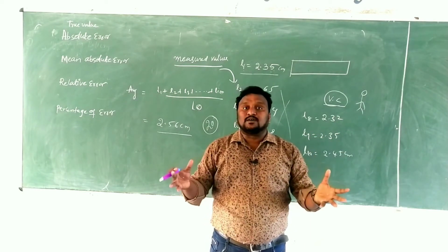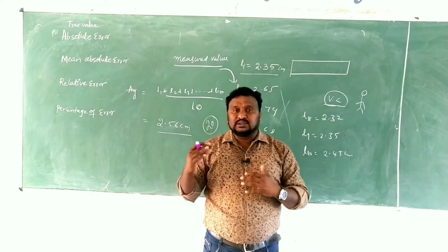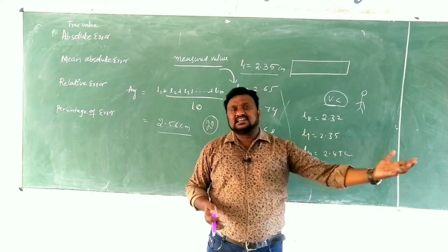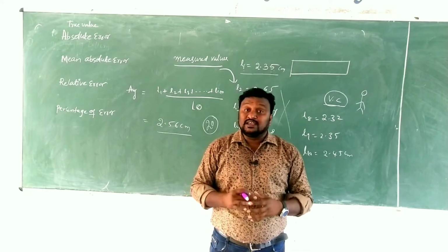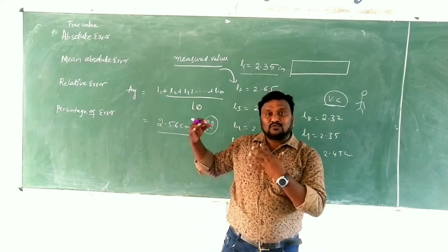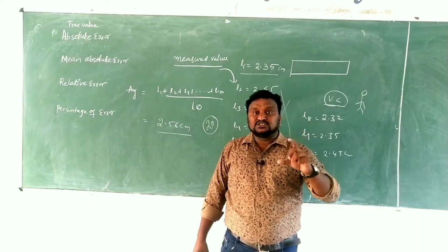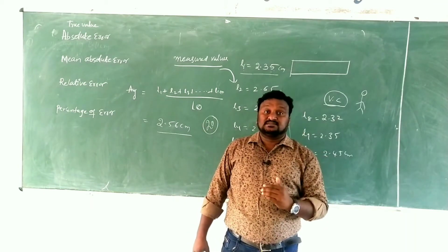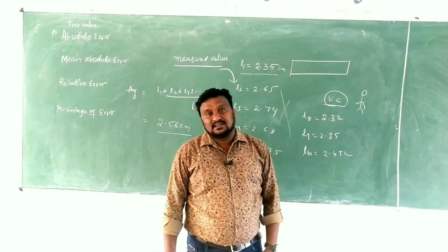Yes, that's wrong. In the same manner, by taking one value or one observation, how can we decide this is the correct value? That's not right. So that's why we have to take a number of observations. When we are taking a number of observations, then the possibility of error is going to be reduced. Got it, children?